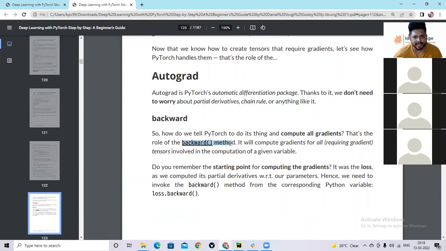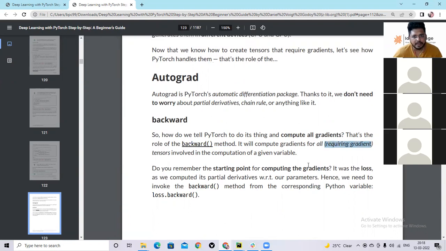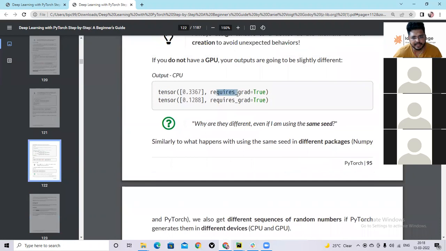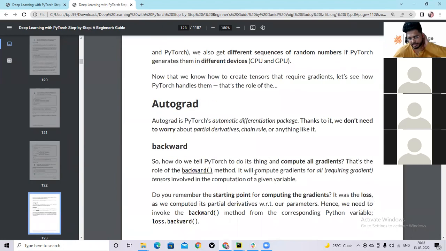That's the role of the backward method. It will compute gradients for all tensors that require gradients. How does it know which ones require gradients? We set it by requires_grad equal to True. All those variables which have requires_grad equal to True will have their gradients computed automatically.